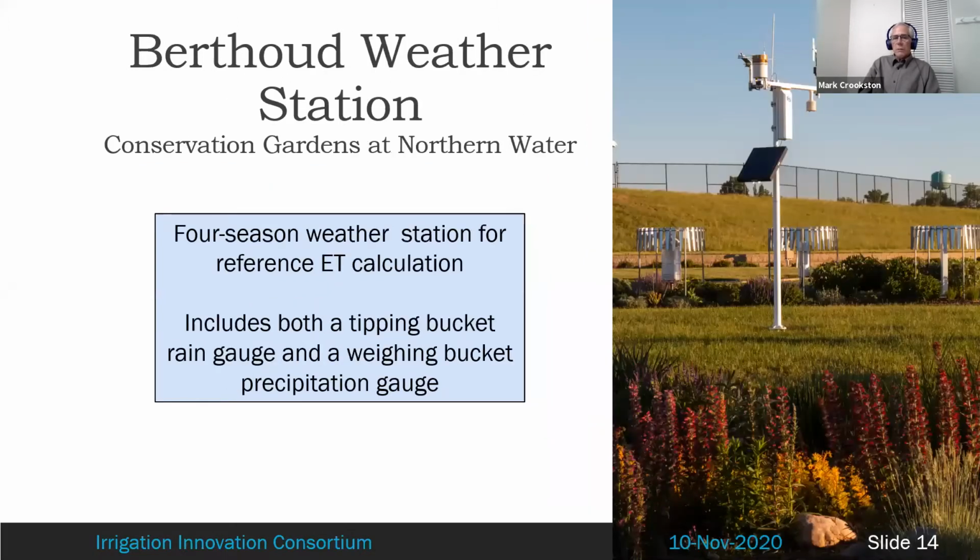This weather station is the Berthoud Weather Station at the Northern Water headquarters. And again, you can see the tipping bucket in the background there, the weighing bucket in the background, that we utilized for